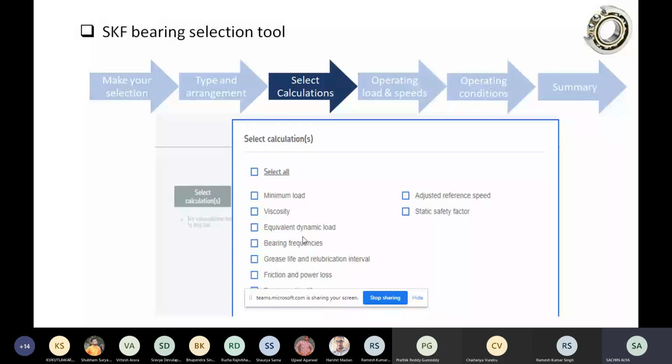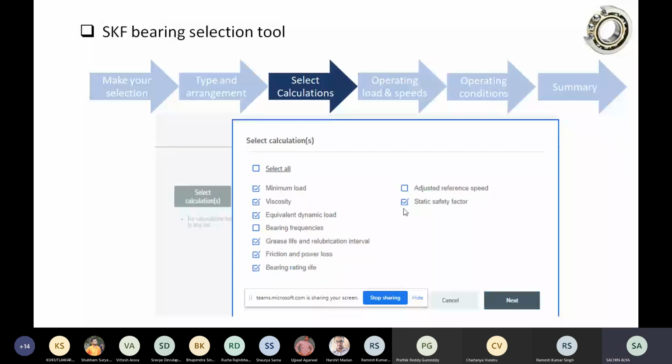We just have to select which parameters we want to compare to assess the bearing life and bearing properties: the minimum load, viscosity, equivalent dynamic load, bearing frequencies, grease life and relubrication interval. Based on these, the tool will automatically define the parameters for the selected bearing.